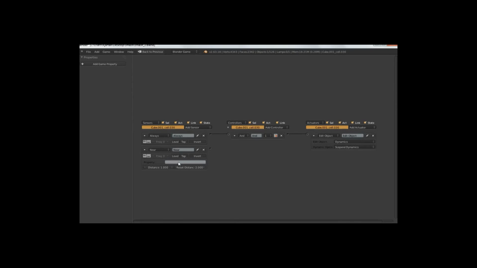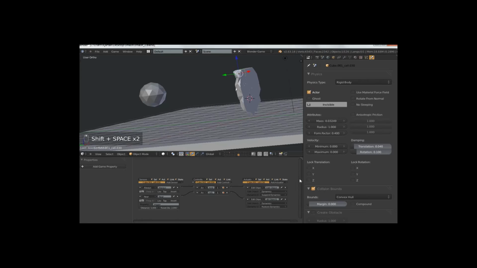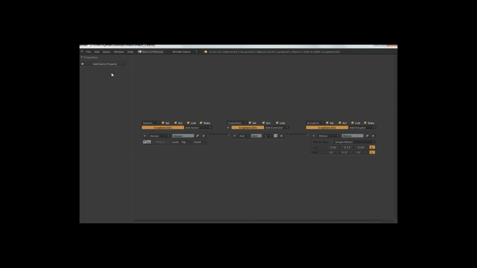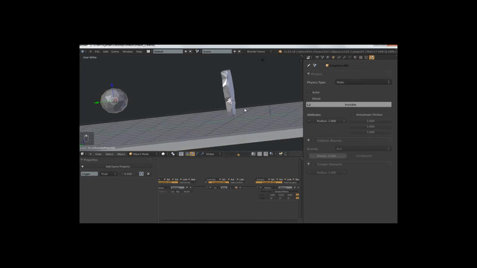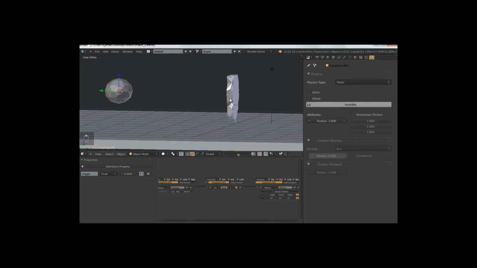And then I make a near sensor, set the property to trigger, and I'm going to give the projectile a property called trigger, so that when trigger hits or is close to this shard, we are going to restore the dynamics. So there I selected the projectile and added a game property called trigger.